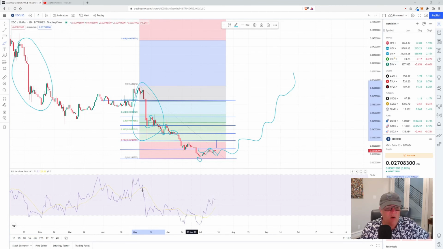And we are going to see a move up here like these moves up in here. Look at back here, guys, when we were oversold. Boom. Back here, oversold. Boom. We are going to see a banger move. Guys, we're on the way back up, and XDC has some major growth potential in my view.